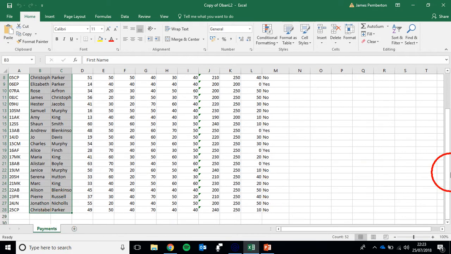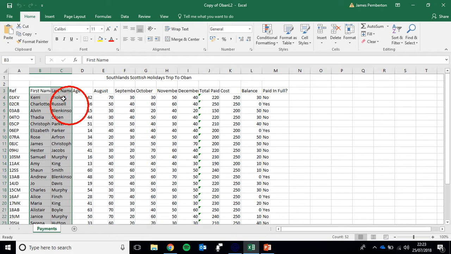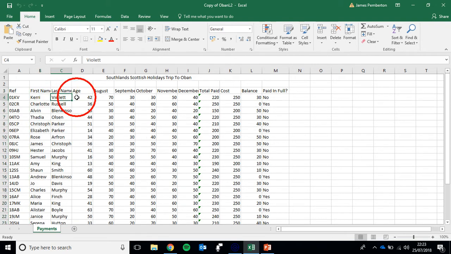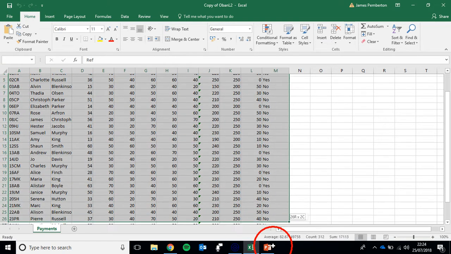If we do choose to do that, then only first and last name will be sorted and all the other data will stay the same, meaning that we lose the integrity of the data. For example, Kerry Violet's age won't follow. So if we highlight all of our data,